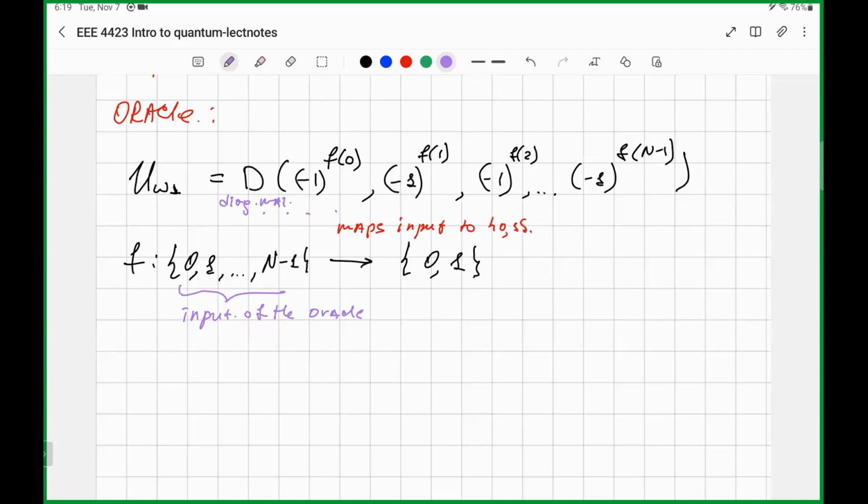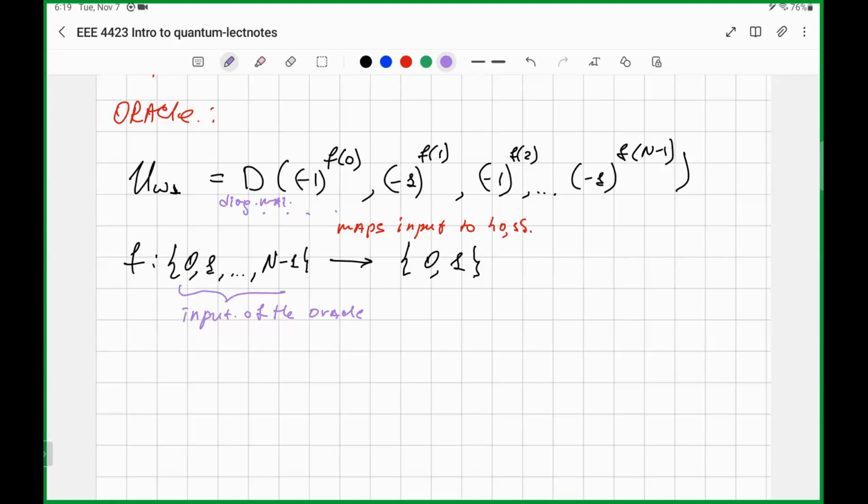So basically this oracle operator flips some of the phases of some of the qubits